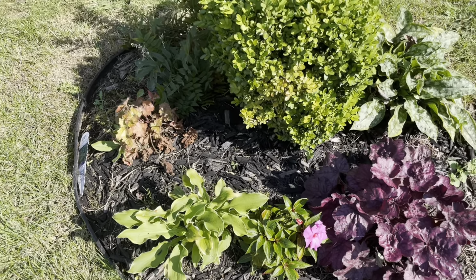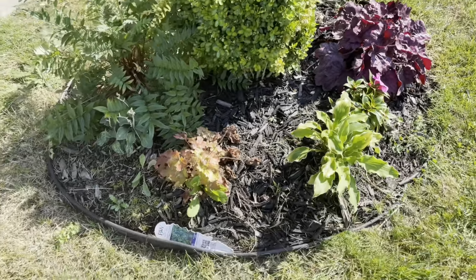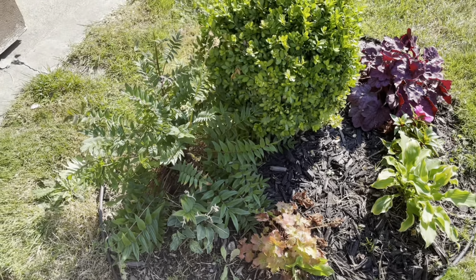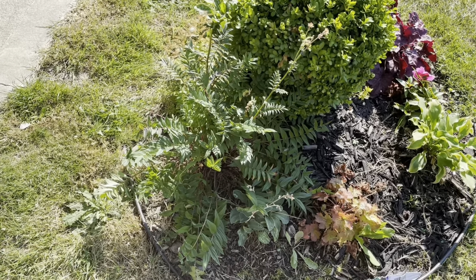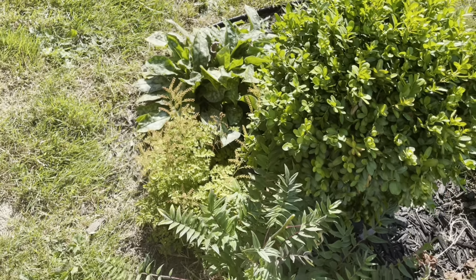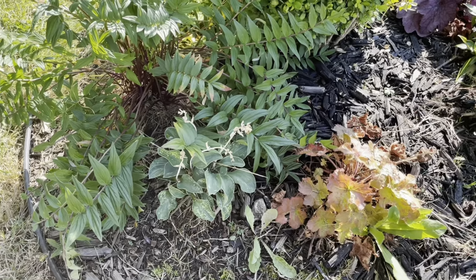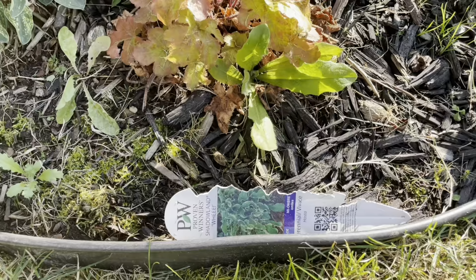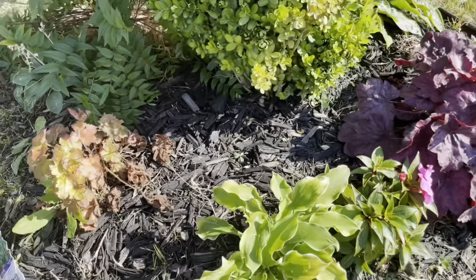Normally this is a shady bed, but right now in the afternoon sun it gets a little bit of sun. This heuchera is not doing too great. I do have a Jacob's ladder here, I think it's called, not sure what it's called actually, but there is a goat's beard here as well around the back, a small one. And there is actually a Blue Mouse Ears hosta here. But this tag has been kind of decimated, but this is a small little Shadowland Wheee hosta here that